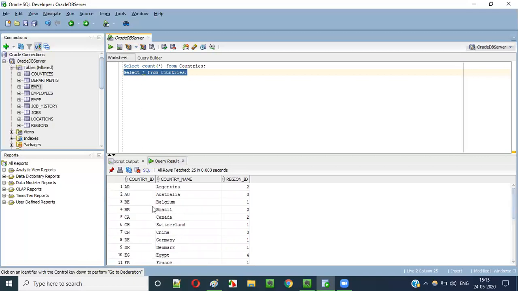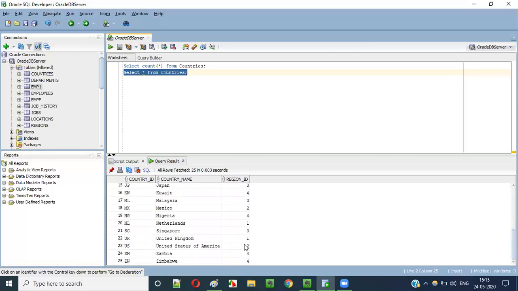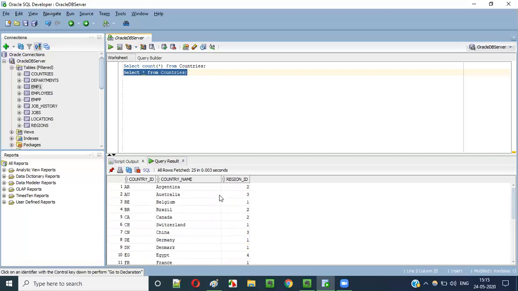That's fine. But I have another requirement where I would like to find the number of records for each and every region ID. For example, this record belongs to region ID 1, and this particular record also, and with region ID 2 we have another record, a second record, then a third record, a fourth record, maybe a fifth. So region ID has 4 or 5 records, right? That kind of count I want. I don't want the entire count. Select count of star from countries will give me the total 25. But for every region ID, how many countries are there? I have to find that.